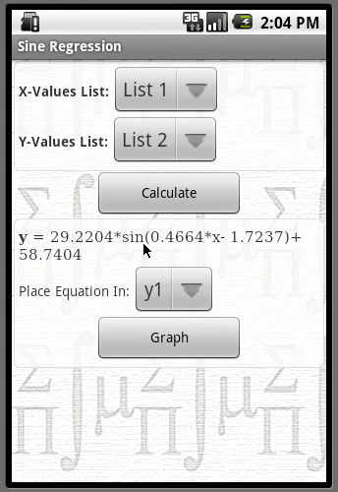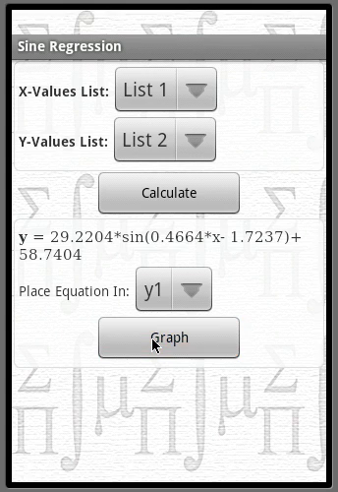29.2204 times the sine of 0.4664x minus 1.7237 plus 58.7404. Now, that's just a bunch of numbers, but if I click graph, I'll actually see my individual data points